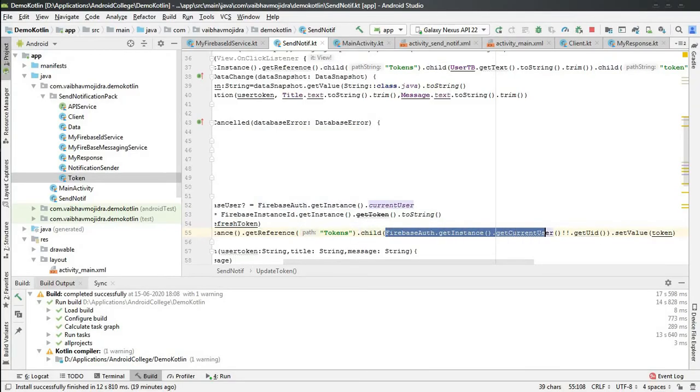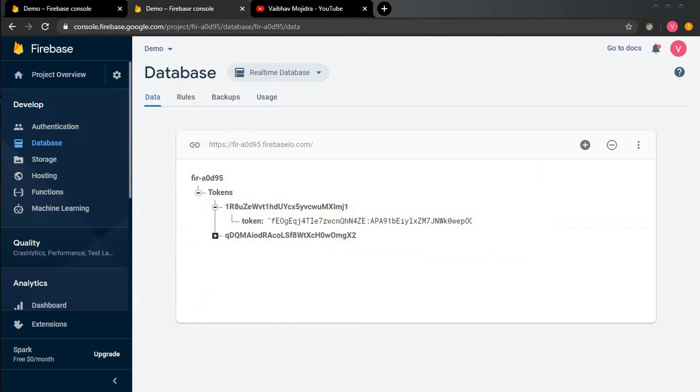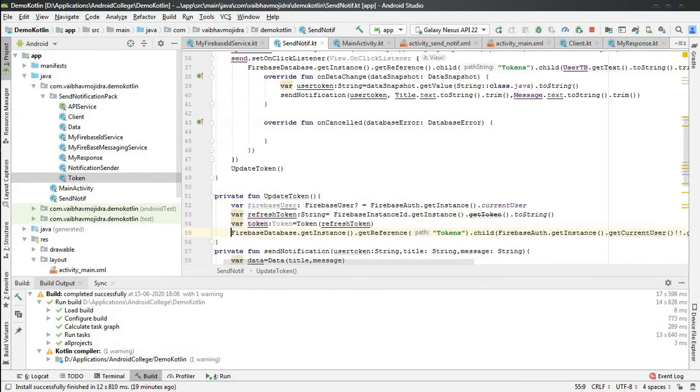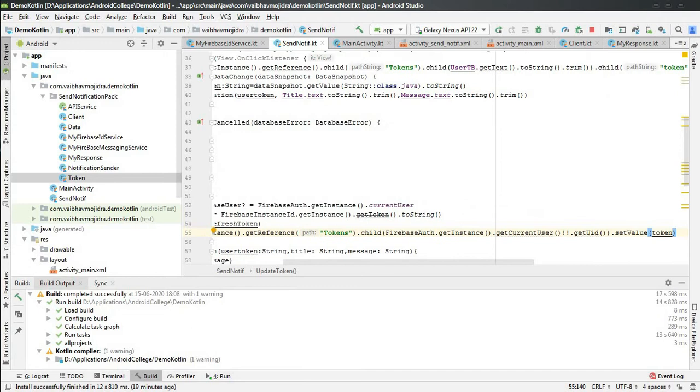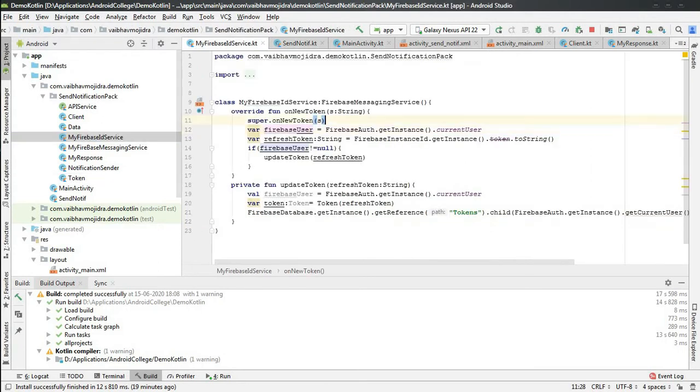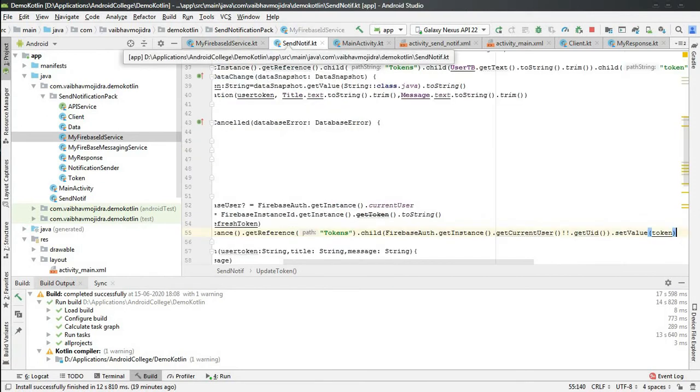I will show you the database. Okay, so here is the one. There are two user IDs. One is the user ID, which is our own user ID, and then we have to set the token. So this is the token. After that it will keep updating, but we have to update this token at the backend, because sometimes the app is closed and the network gets changed, so it should get updated, right?